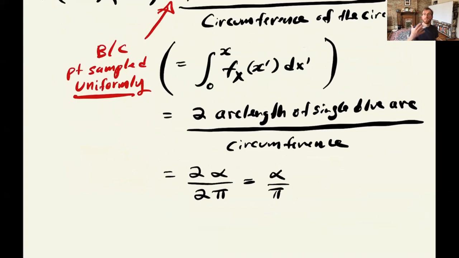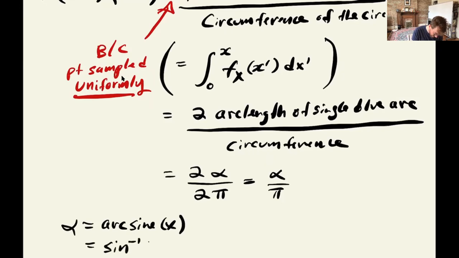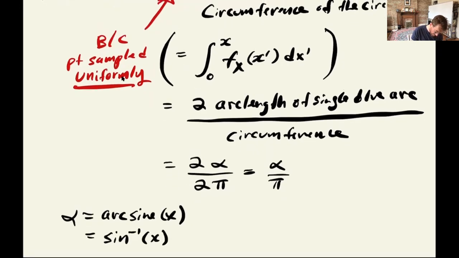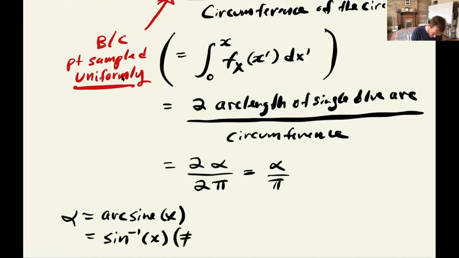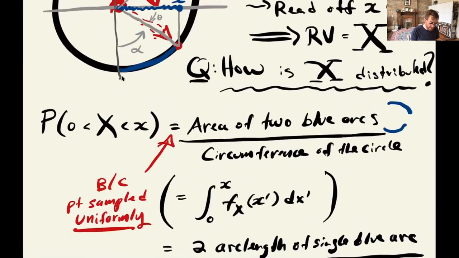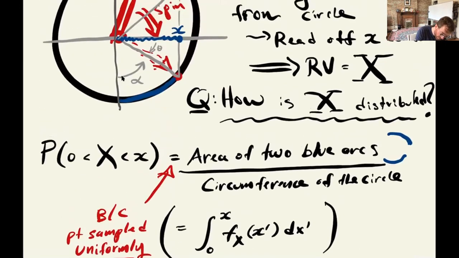Now, how do we find alpha in terms of x? Because again, we want to relate this answer somehow to x. Well, we can find alpha in terms of what's called the arc sine of x, which is sometimes also written as sine inverse of x. But I want to caution you that this is not the same thing as 1 over sine of x. It's the inverse function to sine, because in this case, if you think about it, if I look using maybe the slightly darker gray, and I think about this triangle here,